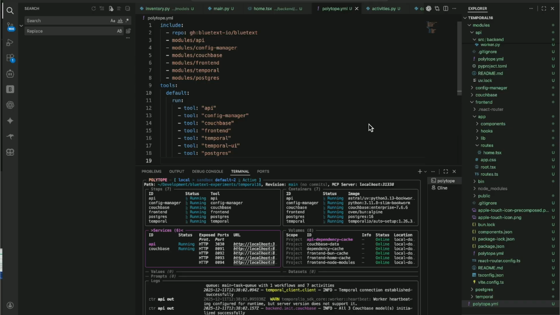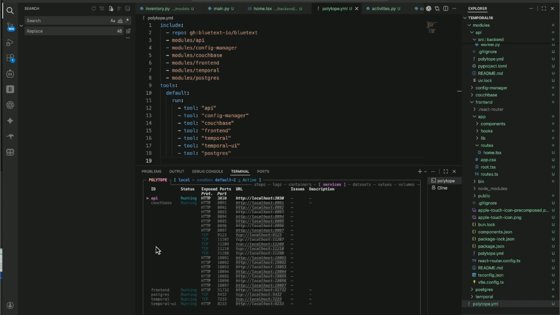Now that we've demonstrated a rather straightforward workflow implemented in quite a simple app, we're going to go ahead and show Temporal integrated with a more real-world example. The example in question is a clothes ordering website that was created with Bluetext. We're also going to use this as an opportunity to show you how you can integrate Temporal and create a workflow with Bluetext. I'm going to go ahead and run my app again from the services section of the Polytope